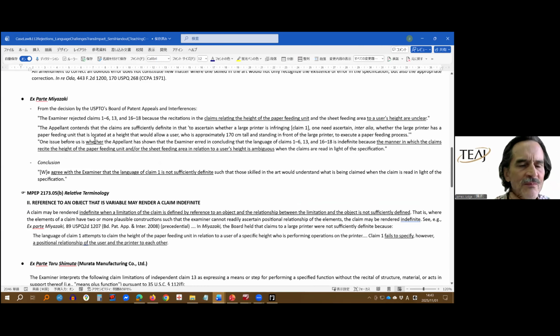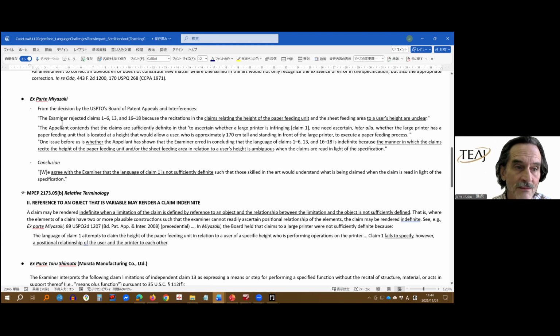Well, I didn't put it directly in the handout. I'm sorry. It's immediately available on the Patent Office site. So when the applicant, the inventor's name is Miyazaki. At the time, everything was done in the name of the inventor. This was pre-2012. But the applicant, the company footing the bills, was Seiko Epson.